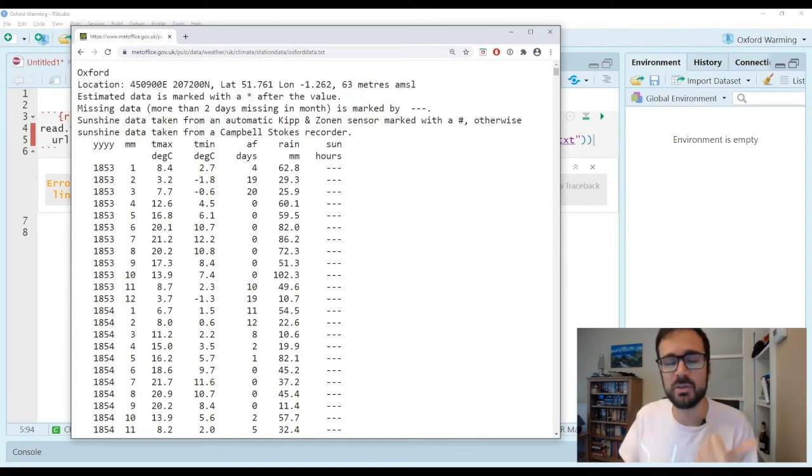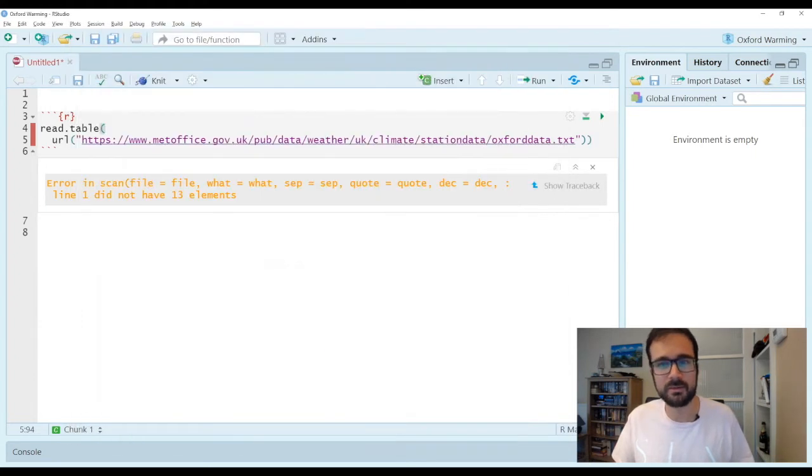So I'm going to need to use the skip argument, and I'm going to want to skip, I guess, the header. So I'm going to say 1, 2, 3, 4, 5. I'm going to skip 5 rows, but I'm also going to tell it's a header. So if I put header equals true, then that should hopefully skip the right number of rows.